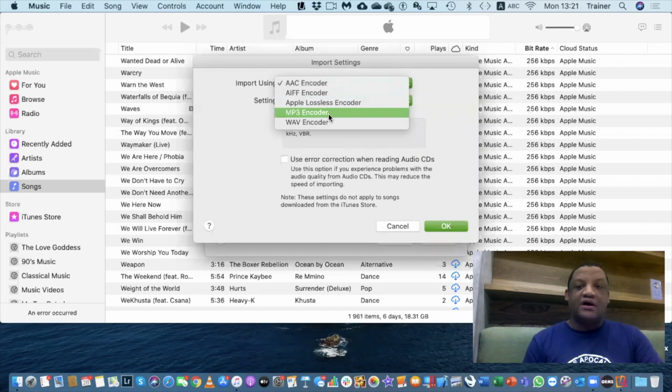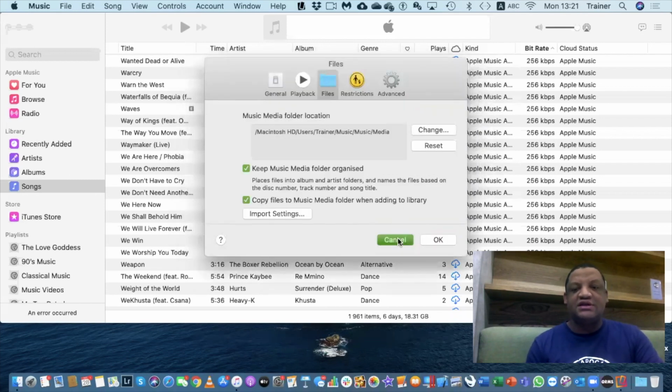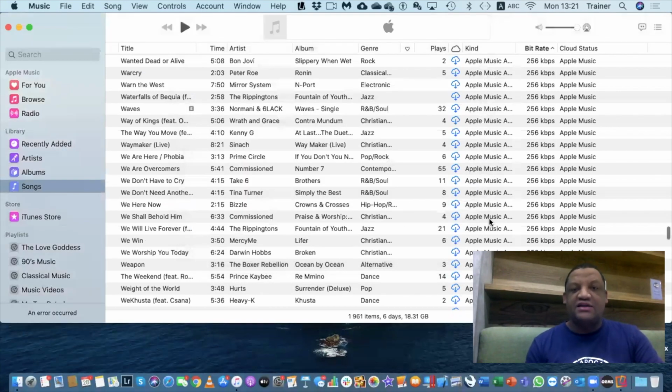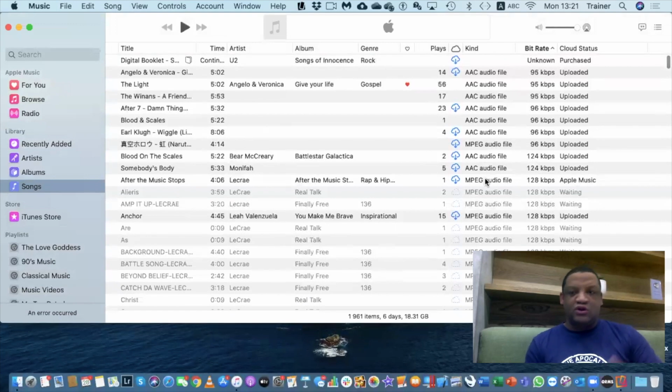And the reason why I brought up the kind option as well, guys, is so that you can see what type of file it is that you have. So I'm gonna look at the files that sound pretty crap, and I know the reason why. It's because the bitrate is pretty low. So 124 can still get away with CD quality, but 95 kilobits doesn't cut it. That's radio quality, and I don't want it that way.